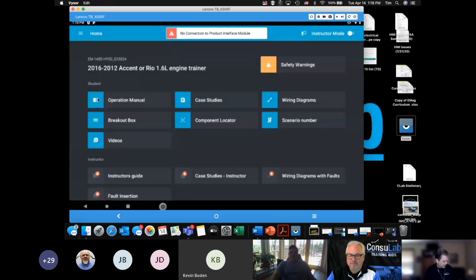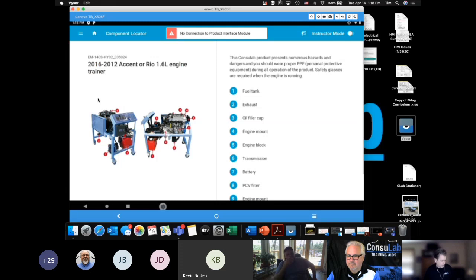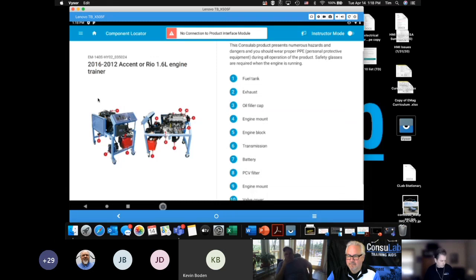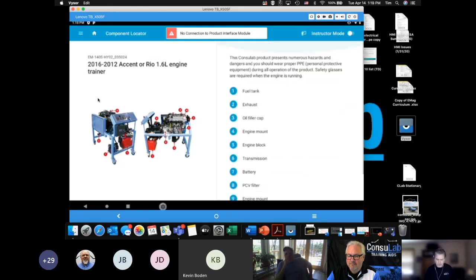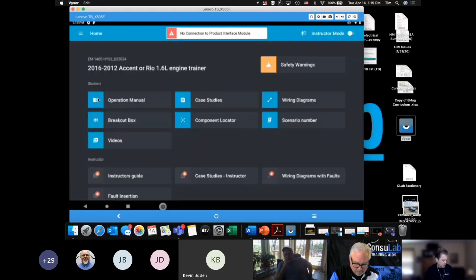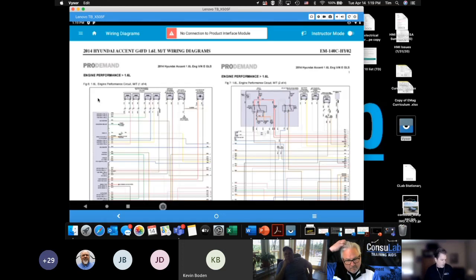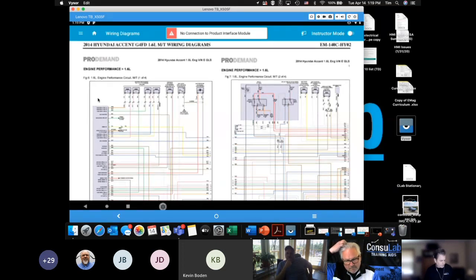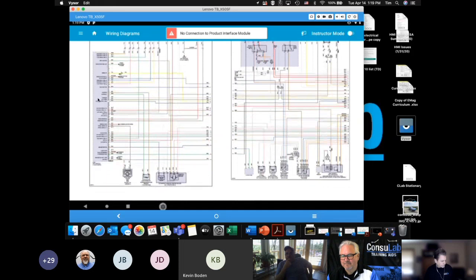We've got component locator, which could be, I don't know, an introduction to the bench itself. Got wiring diagrams, showed you that already. And then